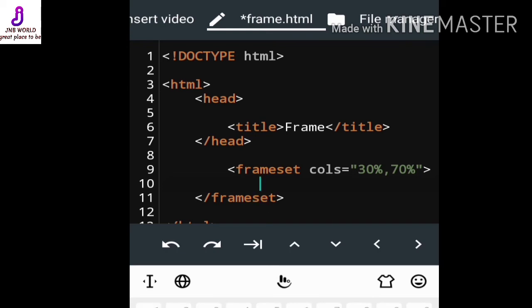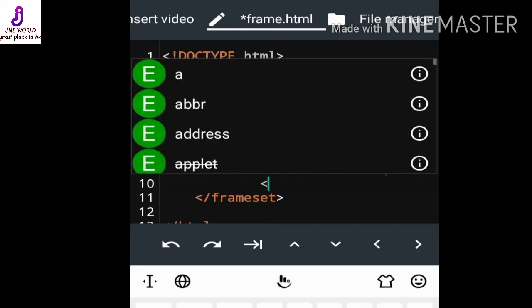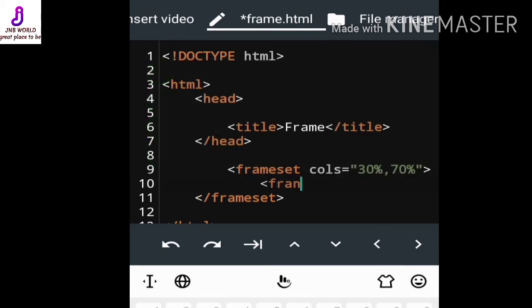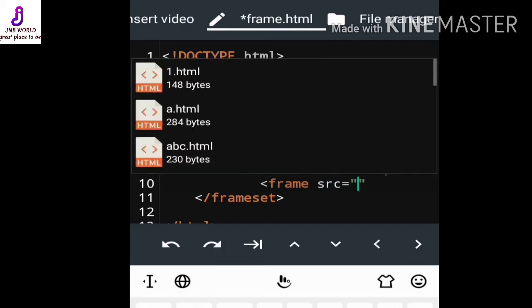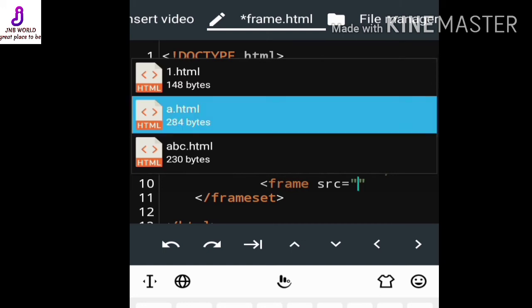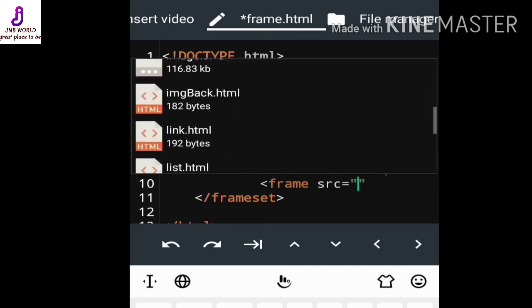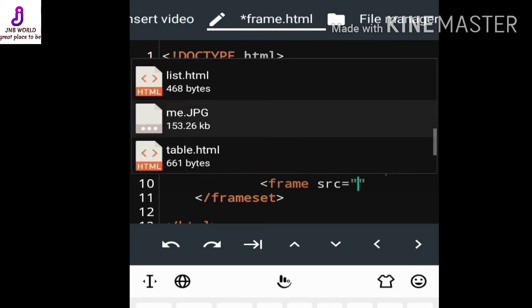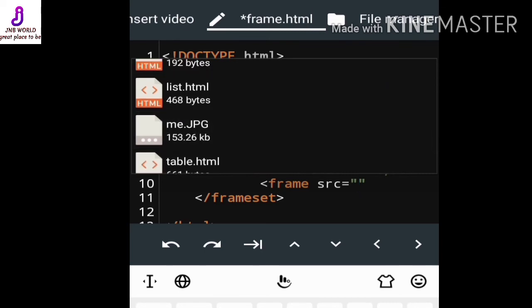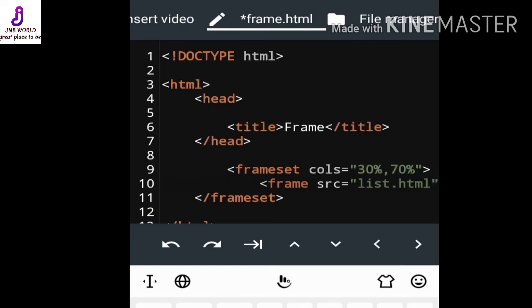For giving our HTML document, as I have already told you, we use the frame tag, then src, the source, then equal to, and within double inverted commas our HTML document. Say for example I am using list, meaning in the 30% division, list.html will be displayed.